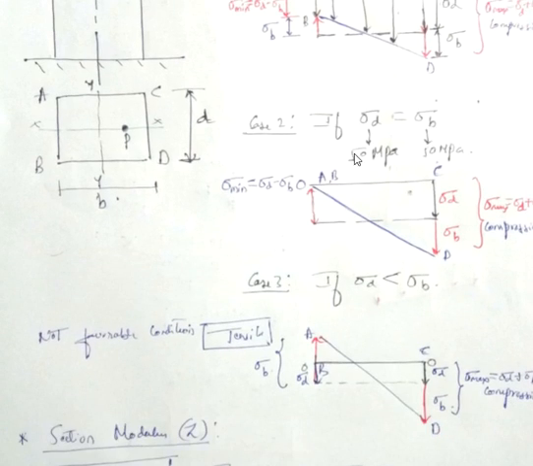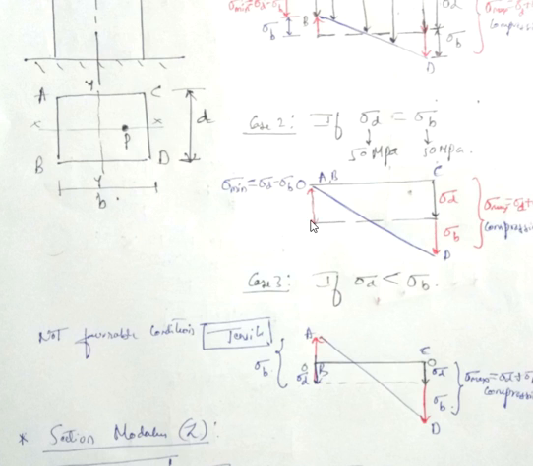Now consider second case, direct stress and bending stress are equal. Suppose direct stress is also 50 megapascal and bending stress is also 50 megapascal. We know that here direct stress, let me represent up to this point as 50 megapascal, and from here bending stress is also compressive. So again both are, I'm going to add them. So finally I'm going to get the final point at D. Because both are compressive in nature, after adding sigma max I'm going to get them as 100 megapascal.